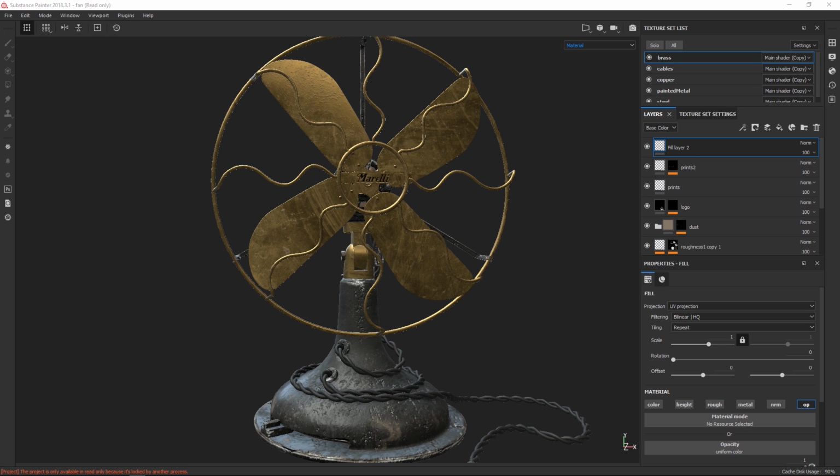Yeah, so I guess especially when you're just getting into texturing, it can be kind of confusing because a lot of the maps seem to also do similar things. Exactly. So we'll try to shed some light on the different use cases for different kinds of maps as well.